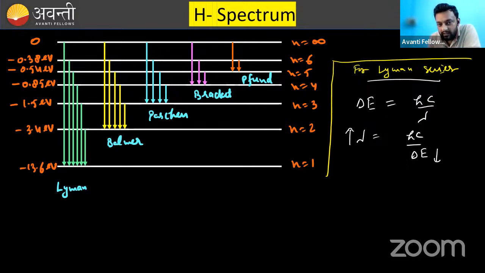Now answer me, for Lyman series, which line will have larger wavelength? This is the first line, second line, third line, and this is the last line. So which line will have the largest wavelength for Lyman series? Last line. Lokesh is saying last line. Anyone else? Gauri, you are not answering. Darshana, Ritu,